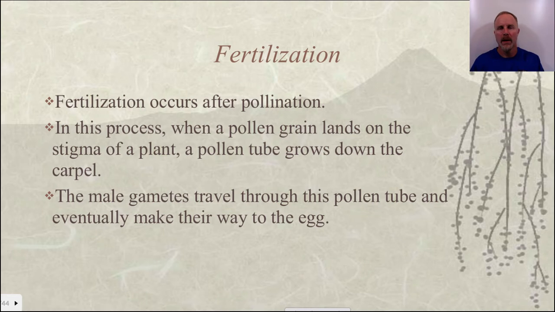Okay. All right, so fertilization occurs after pollination, and in this process, a pollen grain is going to land on the stigma of the plant, and the pollen tube is going to grow down the carpel. And once it gets there, this pollen tube is going to deliver the pollen to basically the egg, and then we're going to talk about some of the things that are